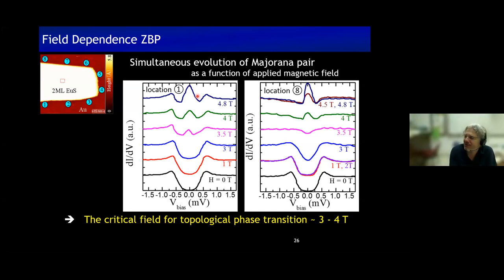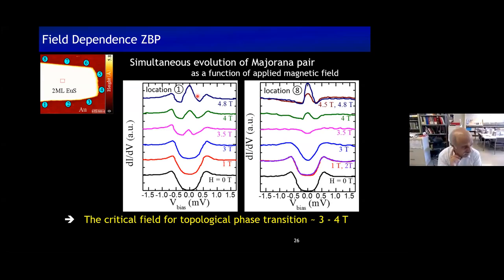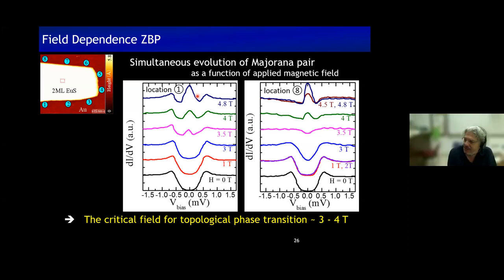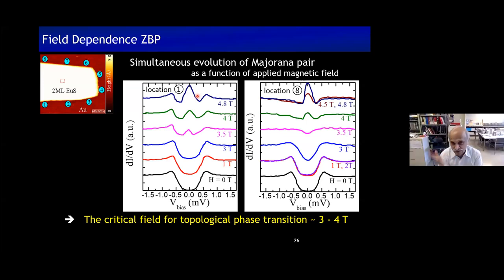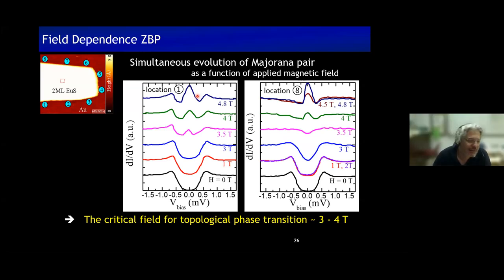How many transverse modes do you have below the europium sulfide? It depends on how far the Fermi energy is from the bottom of the band, right? In this case, it's estimated to be around 5. Whereas if you are 0.5 eV away, then it's hundreds of modes. Okay, so you say 5.